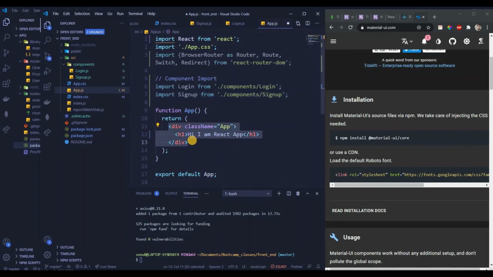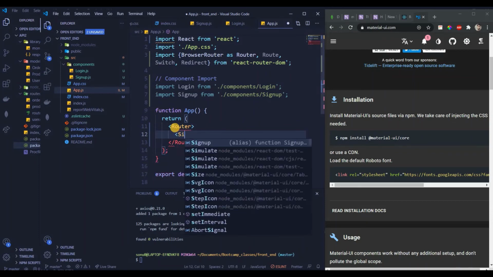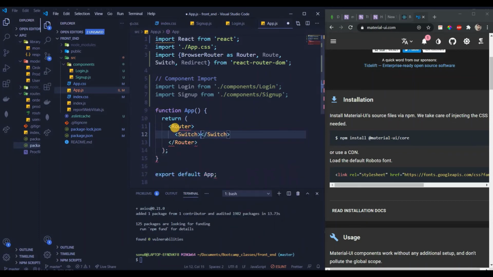So let's go ahead and start using them. So we'll get rid of this, and what we should write, we'll talk about it. Okay. So we'll start off with something called Router on top. Okay. So we'll write like this, Router, and inside this, we'll have a component called Switch. Okay.